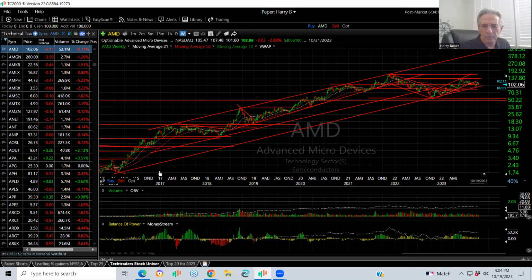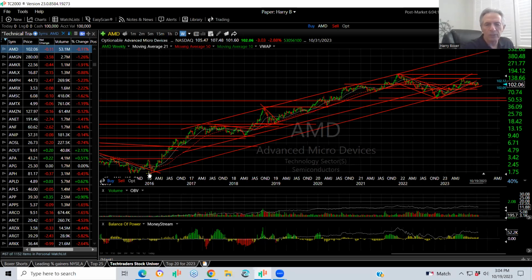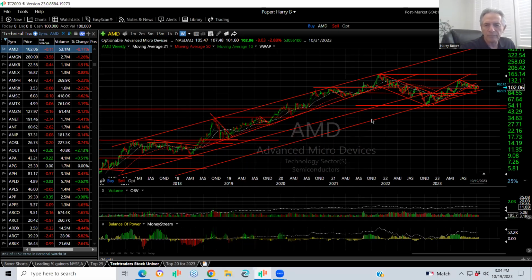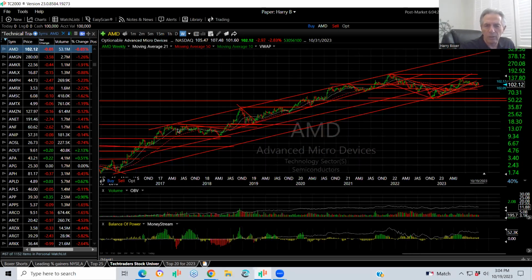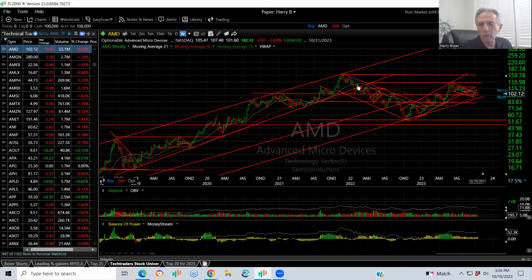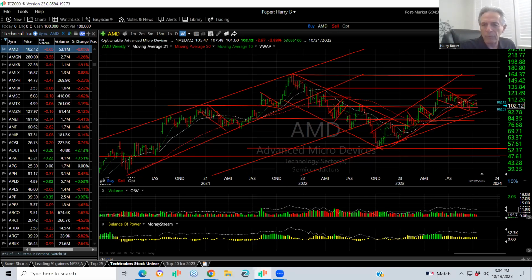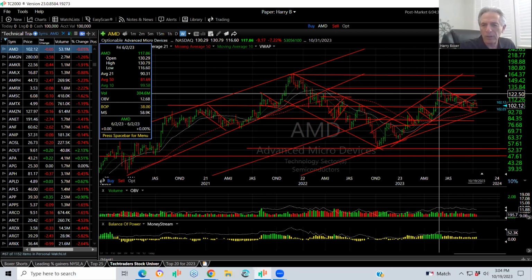This stock has been in an uptrend, obviously, since it was a $2 stock back in 2015-16. Now, the way I've drawn the trend, compensating for this pullback and putting a parallel line into the long-term channel, I have a long-term projection on this stock upwards of 500, but I'm only talking about if and when it, number one, gets up through the early high of 2023 of 130.79.